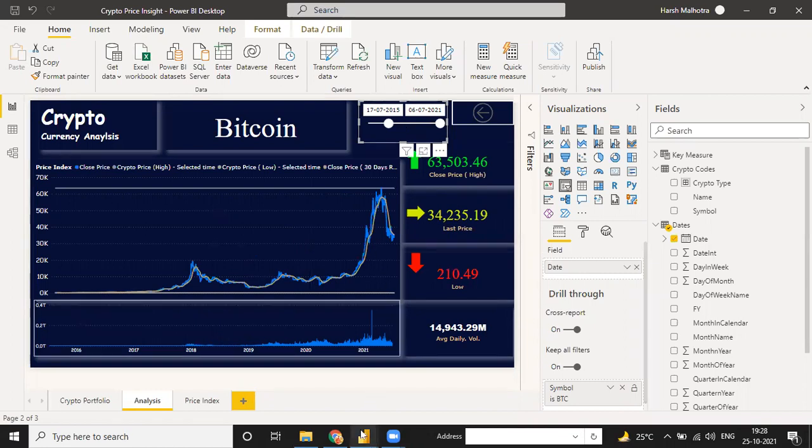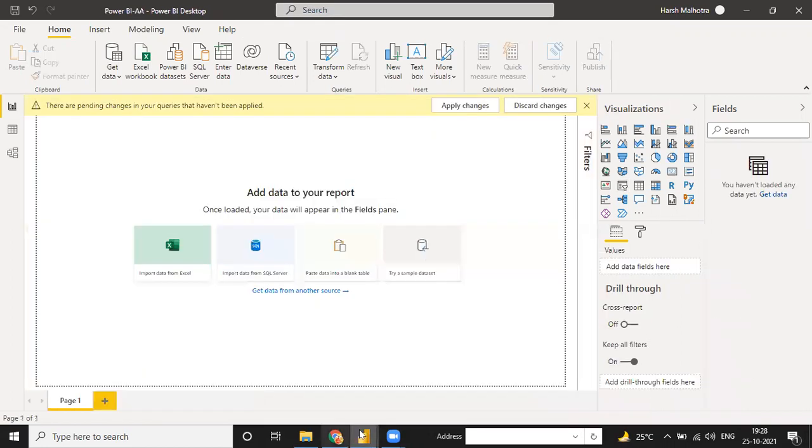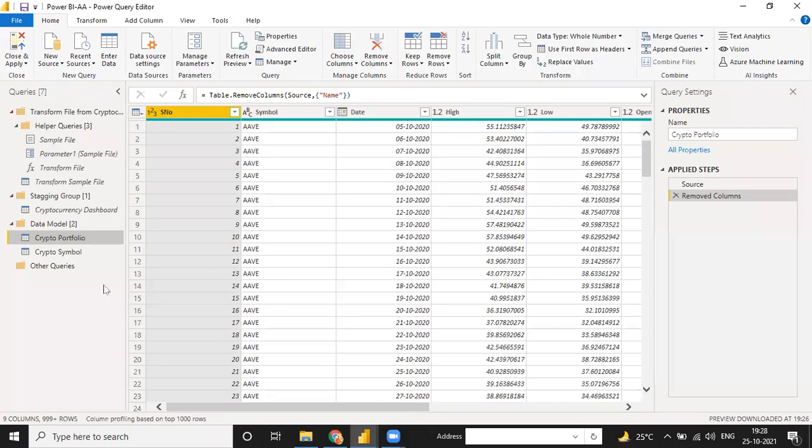For this, you have to make one more dimension table in your Power BI reports, and a date table should be mandatory for every project. Whether you are working on a sales project, an actual or budget project, any forecasting project, a customer relationship project, or an HR project, your date table should be necessary for every project.